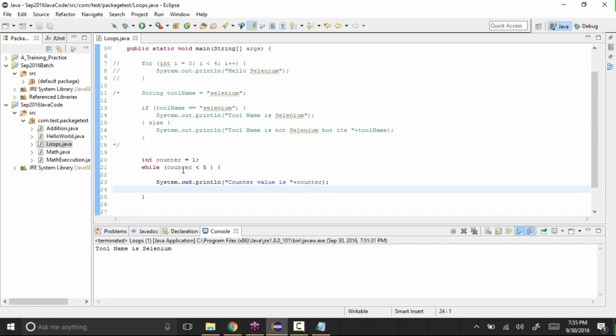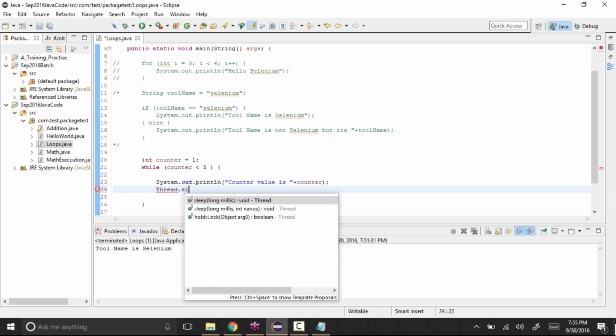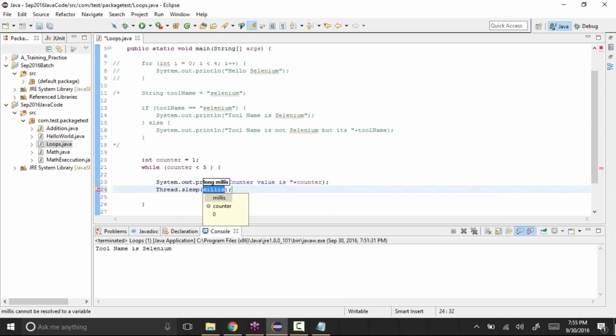Now if I run this, let me keep a wait point, Thread.sleep. We already know that Thread.sleep is kind of a wait. So we are asking the script to wait for some time, and it's in milliseconds. So I'll give 2000 milliseconds.